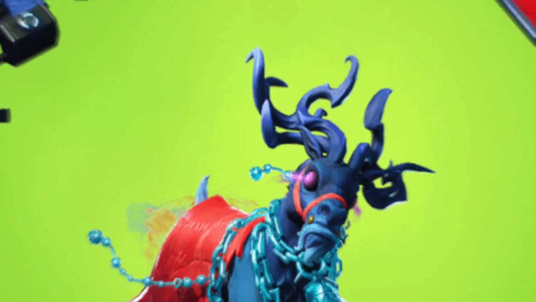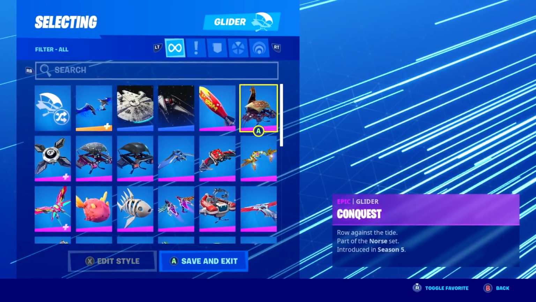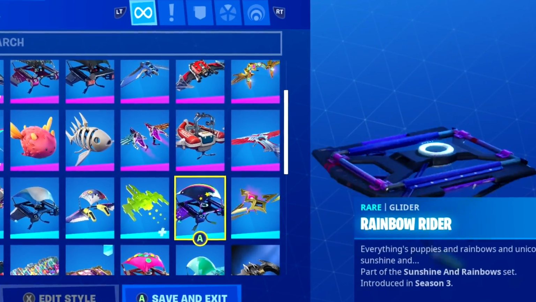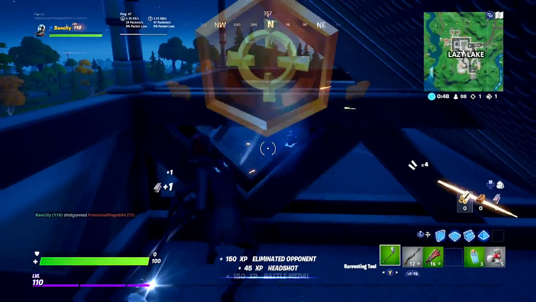Some Fortnite gliders are rare, some are tryhard, and some are just crazy and funny. Well, in today's video, we're going to be looking at the top 10 most tryhard Fortnite gliders in Chapter 2 Season 2. So be sure to watch the full video to see if you have any of these gliders,